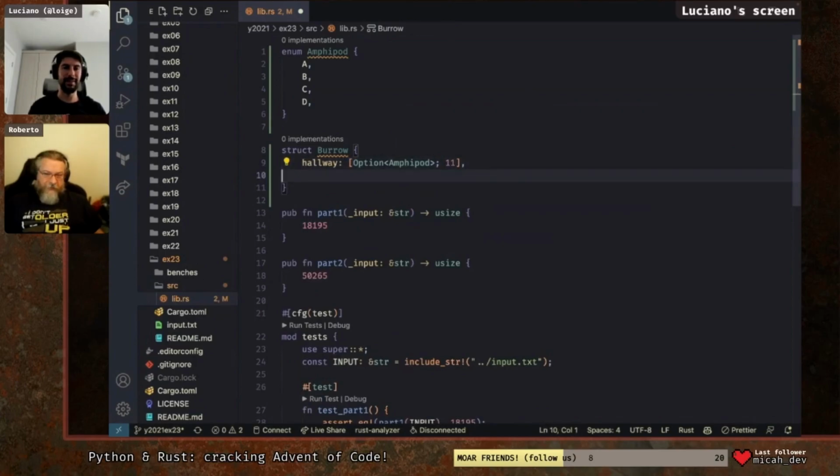Okay, so we have the hallway, and we have one hallway, not multiple of them. Right, so we have one hallway. Thank you. And then we have the holes that are a map of what? They are 4 holes. They are 4, yeah, and the position we can map it somewhere else in a map. And it's a vec of